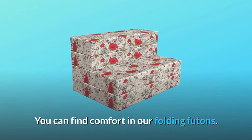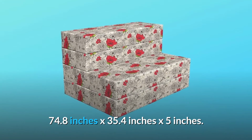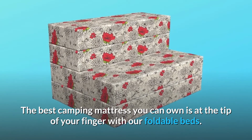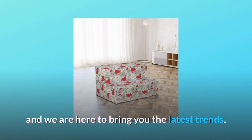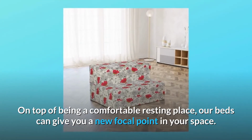You can find comfort in our folding futons, 74.8 inches by 35.4 inches by 5 inches. The best camping mattress you can own is at the tip of your finger with our foldable beds. Folding mattresses made of foam is a growing trend in the bed market, and we are here to bring you the latest trends. On top of being a comfortable resting place, our beds can give you a new focal point